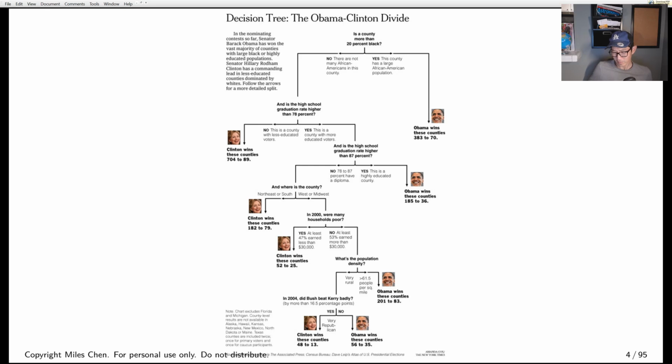So just to back up and give it some context, you have the Democratic Party and the Republican Party, and each party has a primary nomination process to decide who is going to be their final candidate. And so during that time in 2008, both Hillary Clinton and Barack Obama were competing to become the nominee for